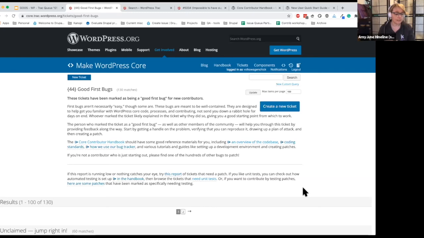And then, after you've reviewed the patch, make sure that you are specific in your comment. I tested this, these are the steps I took, these are the results I had, and then attach any screenshots. Okay, cool. One other question I had was, I see when I look at the